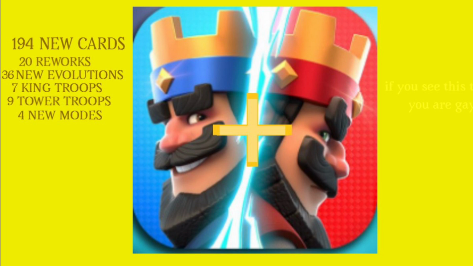Mega Tesla, 7 elixir. A Tesla with horns that does much higher damage, but can only attack one thing at a time and a slower hit speed. Enraged Barbarians, 5 elixir. Enraged Barbarians are 3 barbarians that are enraged for 5 seconds, boosting speed, hit speed, strength, and health. Sneaky Archers, 3 elixir. Sneaky Archers are archers that do a bit more damage and are invisible for 5 seconds